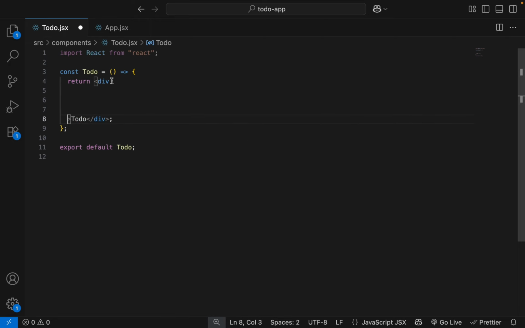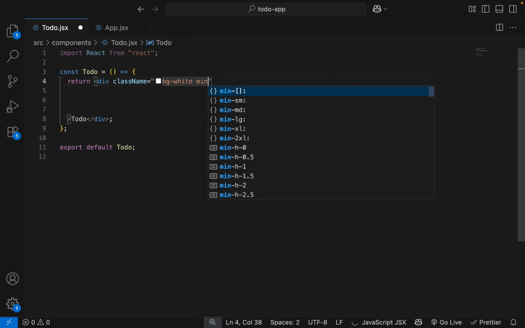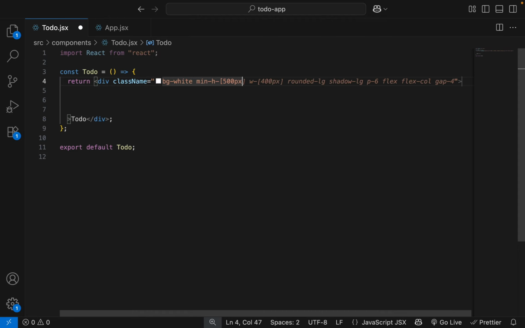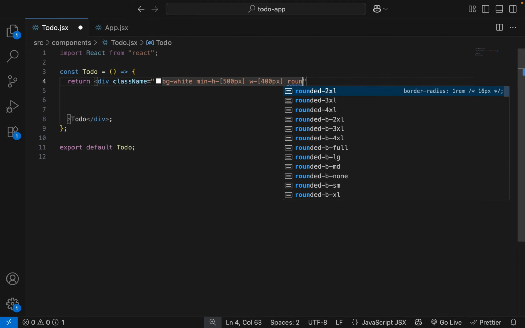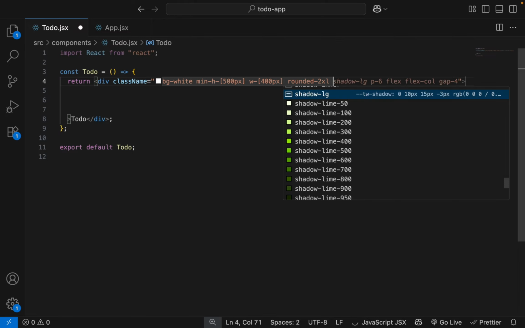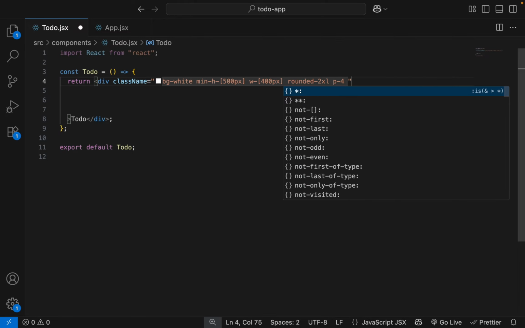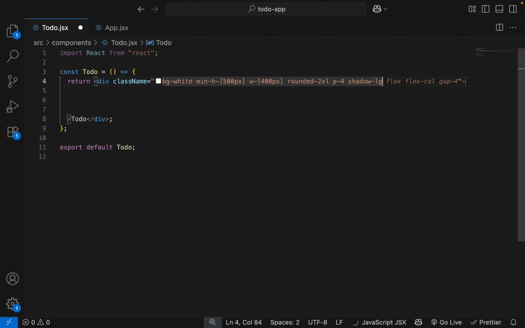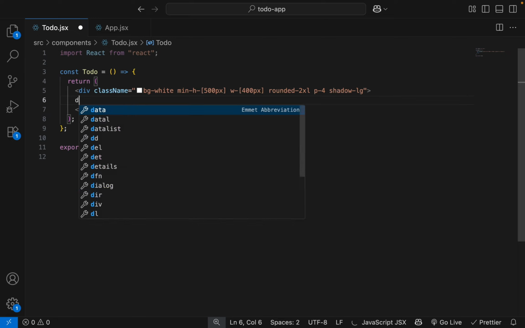In this component on the first div, let's add Tailwind CSS classes. className bg-white, minimum height 500 pixel, width 400 pixel, rounded 2XL, padding 4, shadow LG.